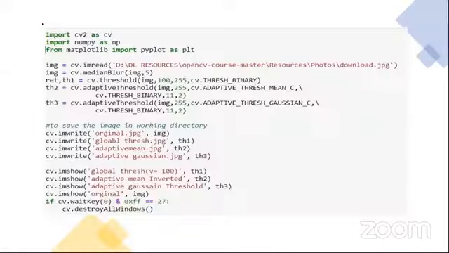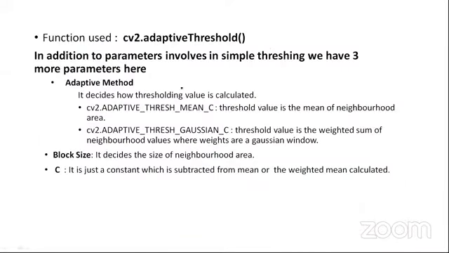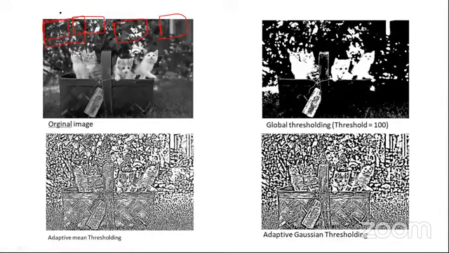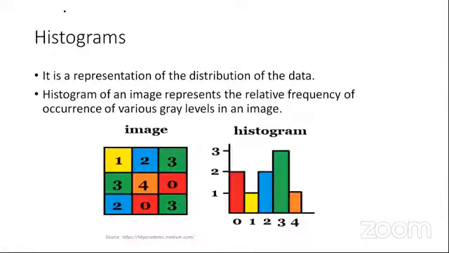And the second is the method. We have 2 adaptive methods. ADAPTIVE_THRESH_MEAN_C will take the mean of all the neighborhood area, and that will be my threshold, then it will automatically do the thresholding.